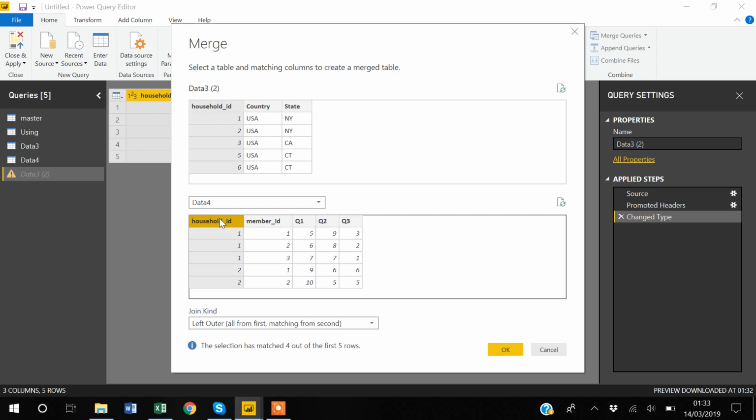And in this case, Power BI will automatically decide that we have selected household ID 1, which is unique at household ID level, but this household ID which I have selected in data4 is not unique. So it means that we will be mapping